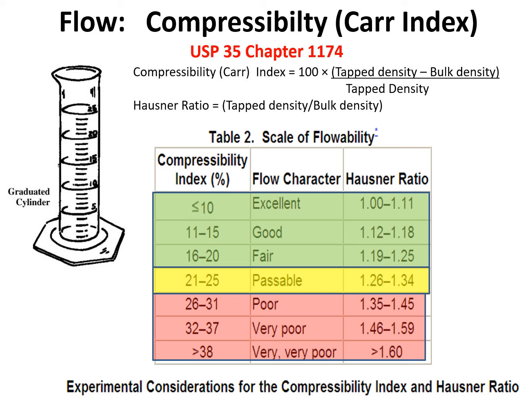The reason why the Carr index gives you such a good measure of flow is because it's really measuring friction. If you've got a lot of friction in the powder, it'll be fluffy and therefore fill this measuring cylinder quite high at the start. And as you tap it, it will then fall back down again. Similarly, the friction will also dictate how your powder will flow.